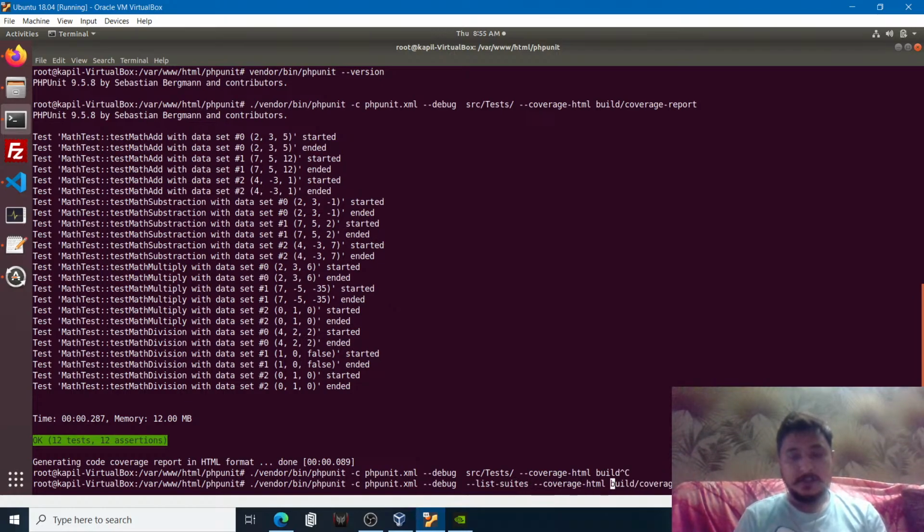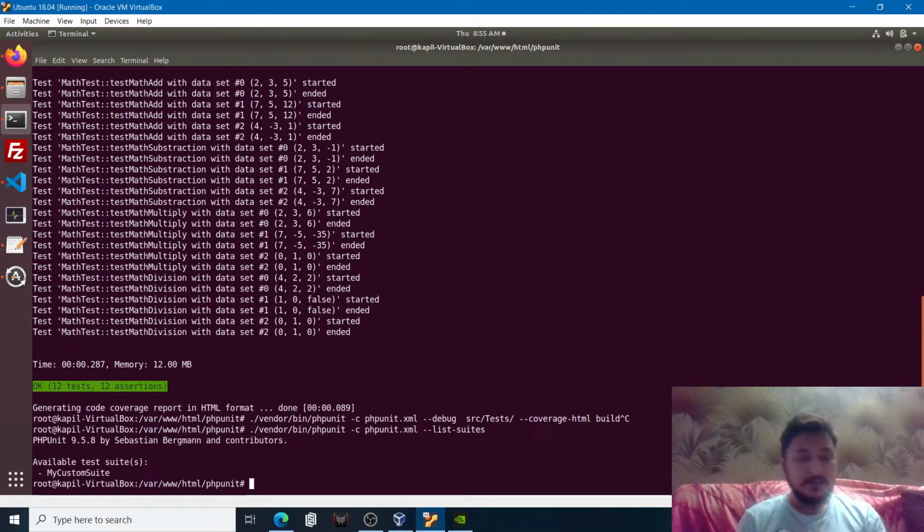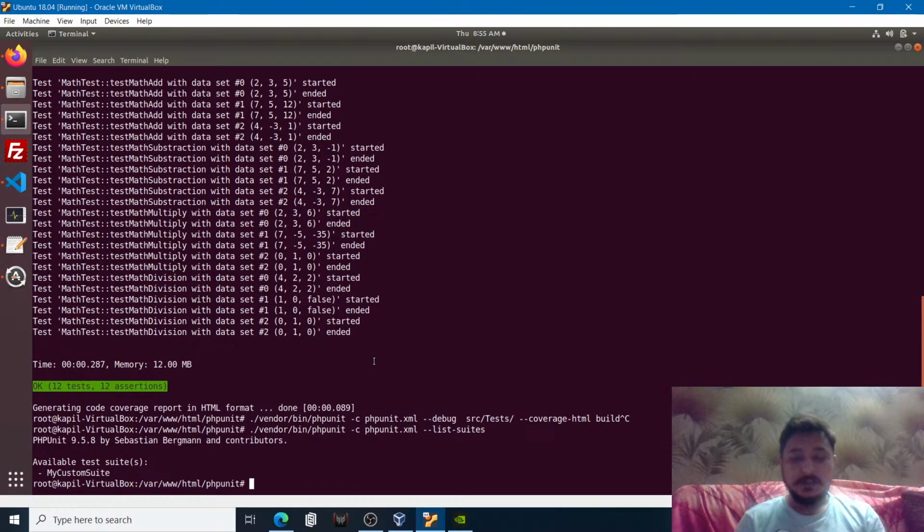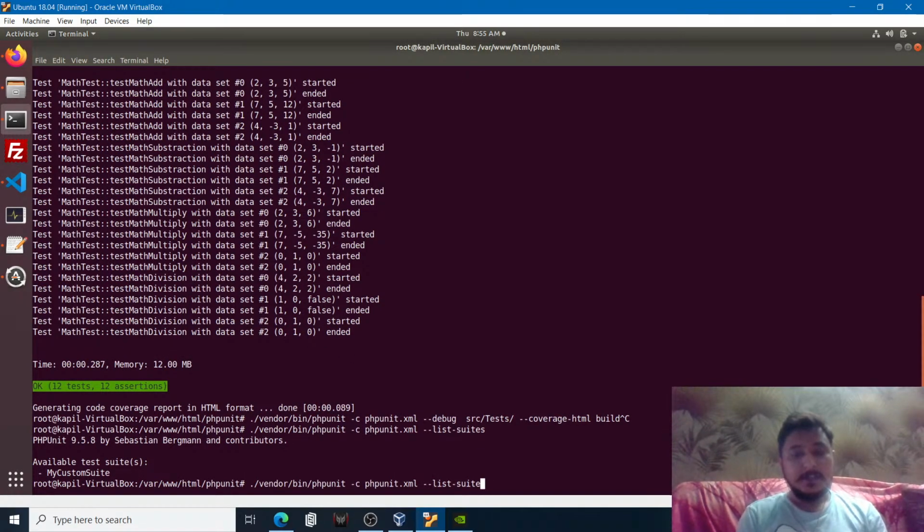The list suites option will list all the test suites we have in the PHPUnit configuration. There is only one custom suite that we have defined. So it is listing that, and we can run the test cases like this,